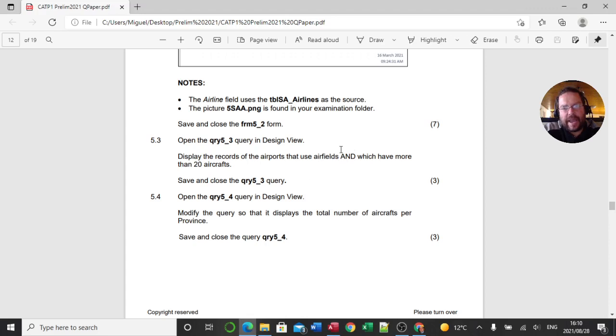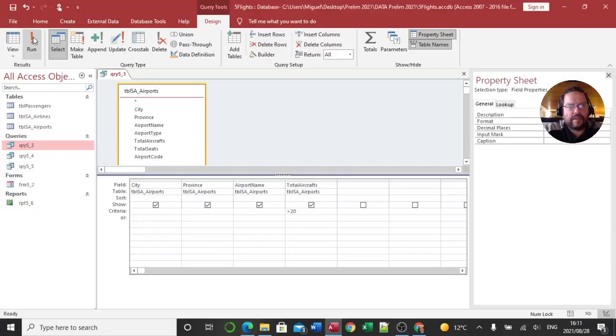So now the "and" means that we're going to have to put the criteria on the same line as the criteria we use to tell the query to look for anything larger than 20. So we have to use the same line, but now we're looking for airfields. Now, is there a column that says airfields? Does it come up somewhere else? So that's what we need to go and check. So if we go look at our data,